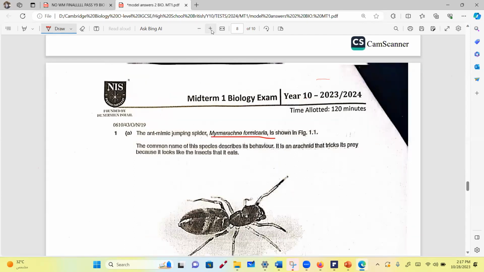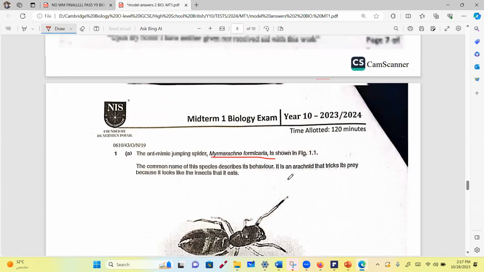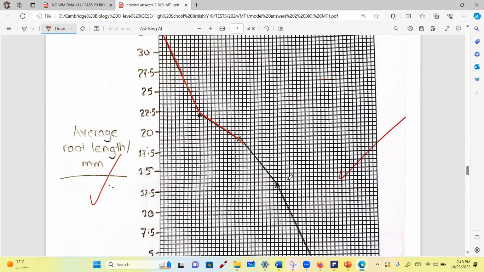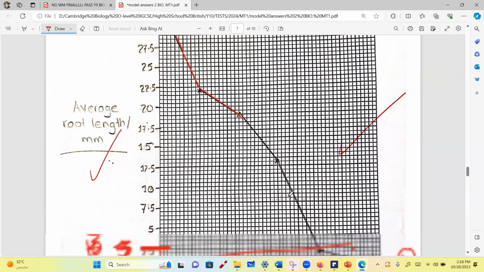Excuse me, if I joined the points but not using a ruler, I did not deduct a grade, but you can lose a grade on a Cambridge exam. Go to the mark scheme. Always use the mark scheme as your reference. They will say ruled graph. Ruled graph means you use a ruler. So either you will make a straight line of best fit, or it's best to join the dots. Like that is very good.